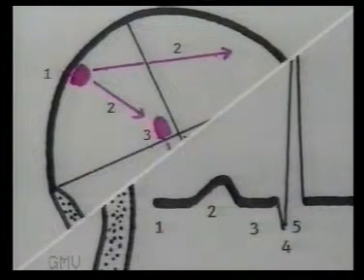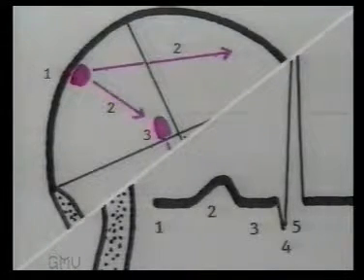Now correlating the events to the ECG recording, the process of activation, that is depolarization, begins at the sinoatrial node or the SA node situated in the right atrium. Within 0.06 to 0.08 seconds, the atria get depolarized, which is recorded on the ECG as the P wave. The wave of depolarization has to reach the ventricles through the AV node, which delays the impulse by 0.1 second. During this time, there is no significant electrical activity, and ECG records it as the isoelectric PR segment.